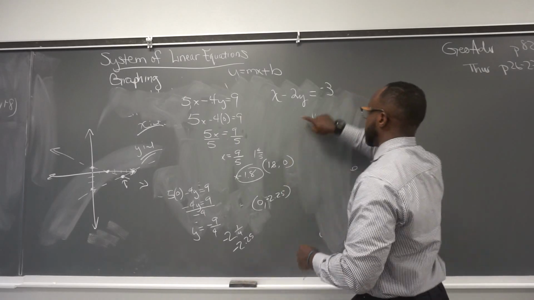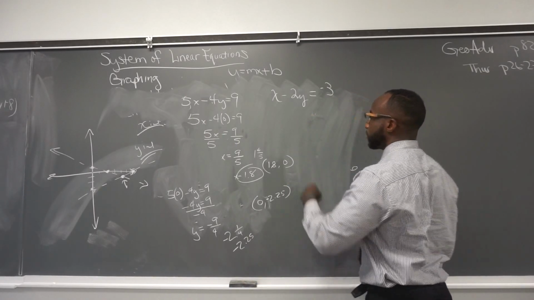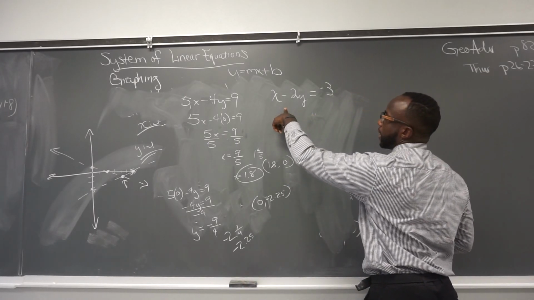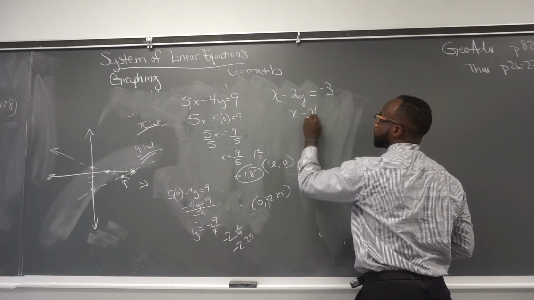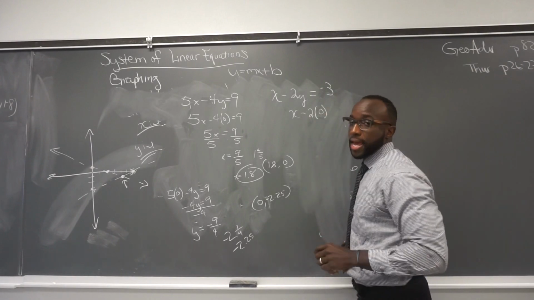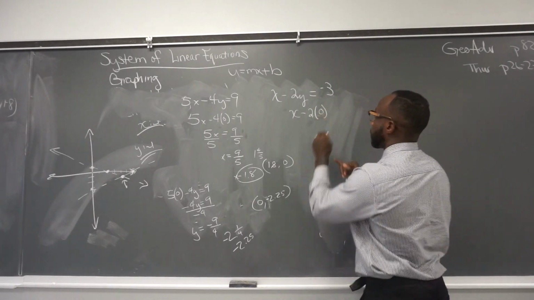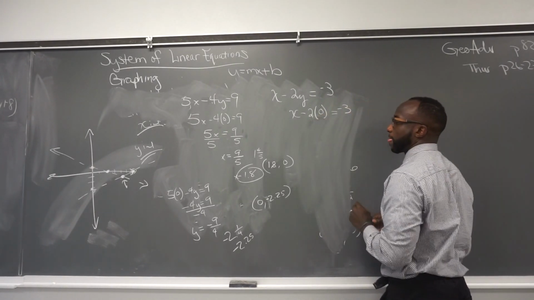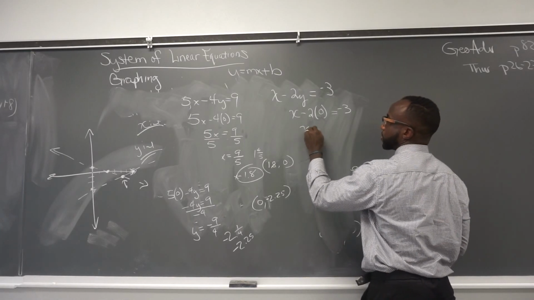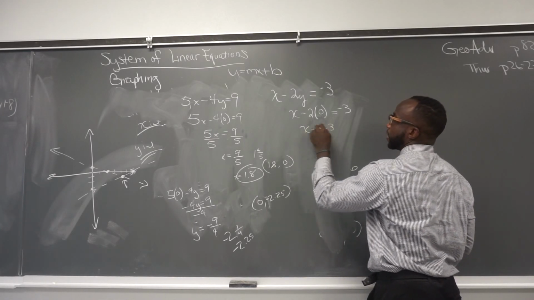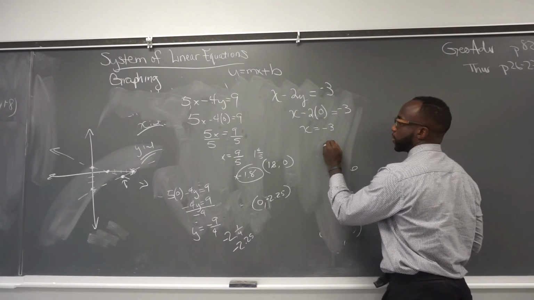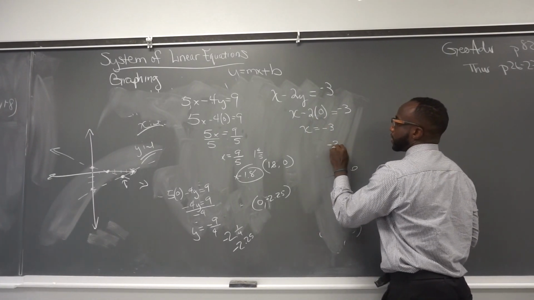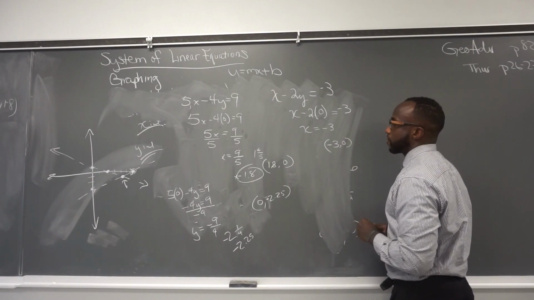Okay? Let's jump to this line. Okay. This is the x-intercept. x minus 2 times, when we're looking for the x-intercept, y is 0, equals negative 3, right? So then x is going to equal negative 3, because 2 times 0 is 0, right? So our first point is going to be negative 3, 0. And for our y-intercept,